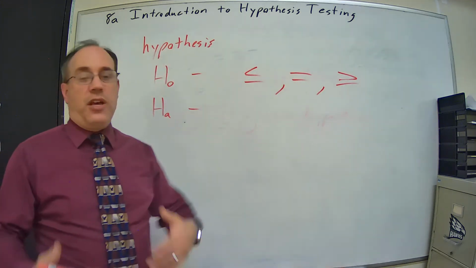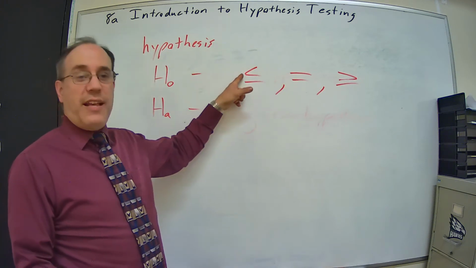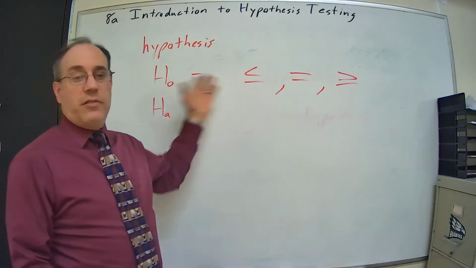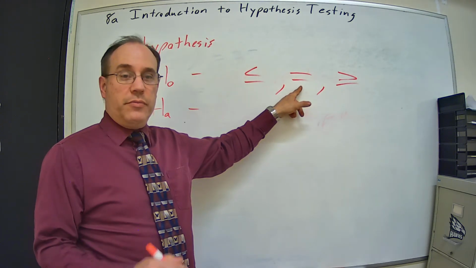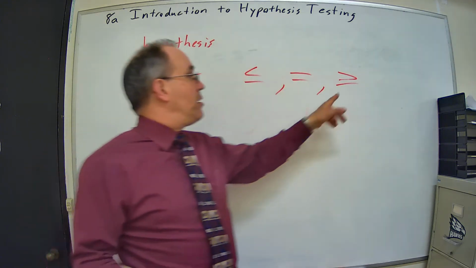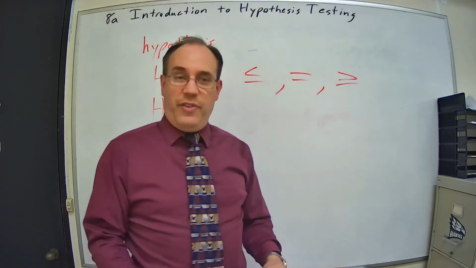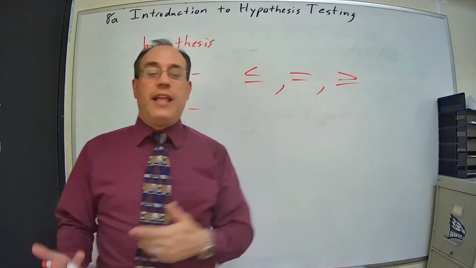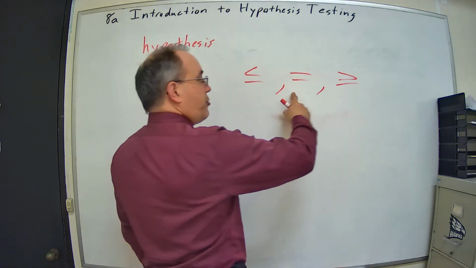You can have at most 5 people in an elevator at a time. At most means I could have less than 5 people, I could have 5 people, but I can't have more than that. Equal: you can have 5 people in an elevator at a time, you have to have 5. You need to have at least 5 people in an elevator. At least, so you can be more than 5, or equal to 5, but you can't have less than 5. So our null hypothesis always deals with less than or equal to, or greater than or equal